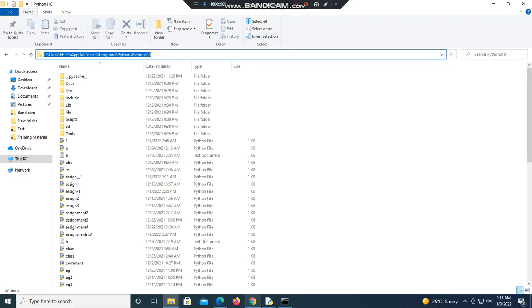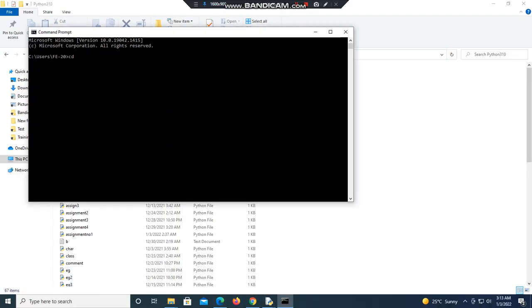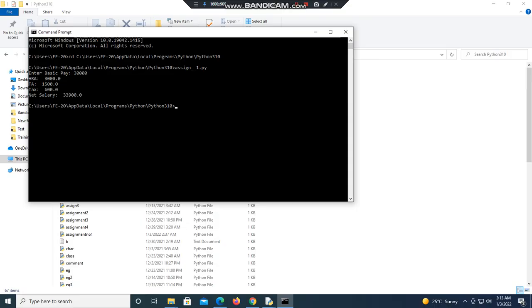I copied that path, then write cd and paste that path. So Python will open here. You can directly run that program by using the name of that program with the .py extension. So here the name of our program is assignment_1.py. Your program will run by using just the name of that program and the .py extension.